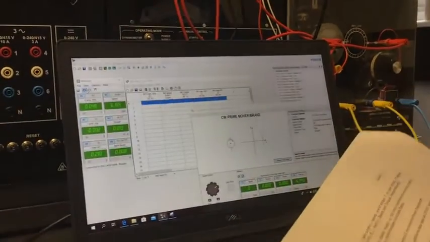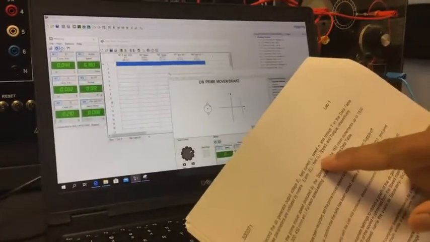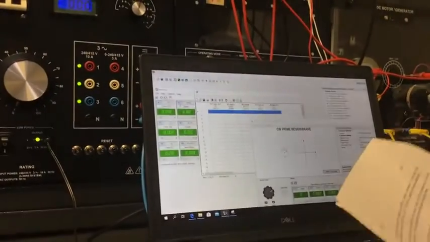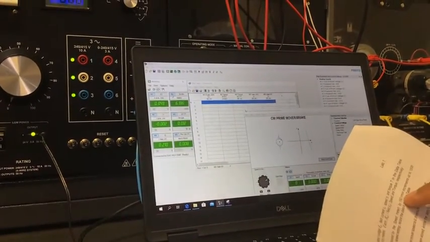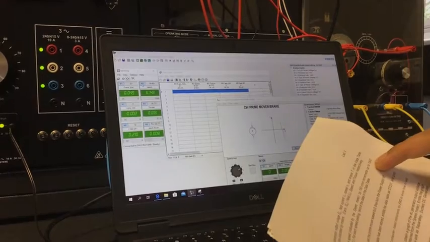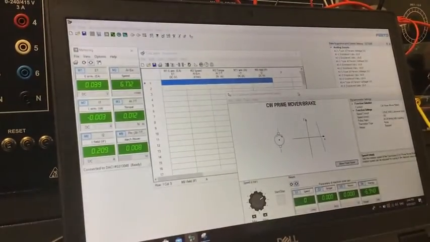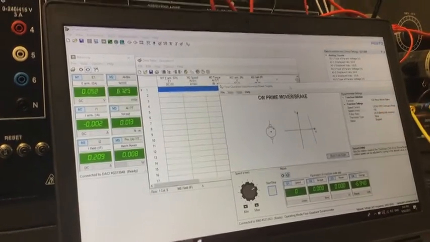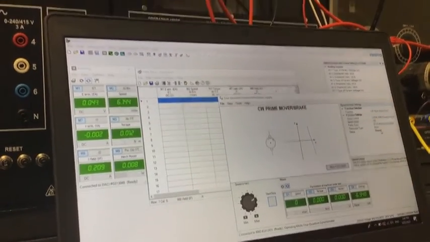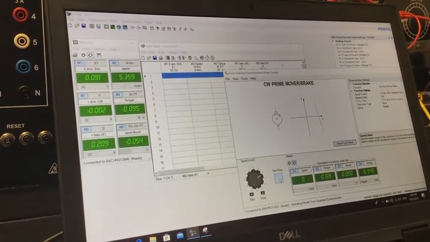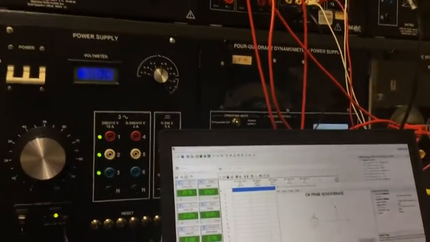It's mentioned that in step 8 we have to measure armature voltage, field current, speed and torque. I already selected this: armature current, speed, torque. It says that we have to increase the speed from 150 to 1500. So I'll do this one. This is already open. I will provide the result. You can see that now its speed is 150. I need to increase it. First I need to run. You can see that it's moving.